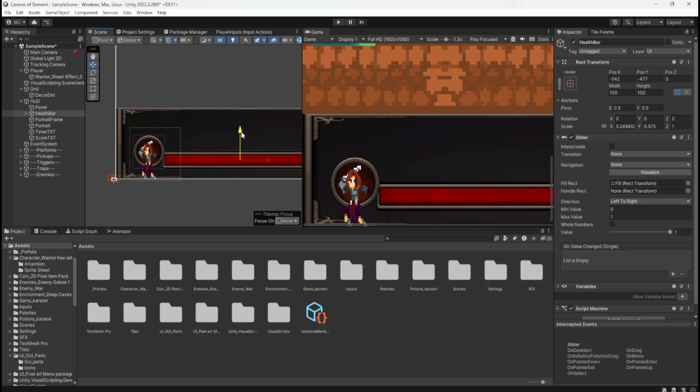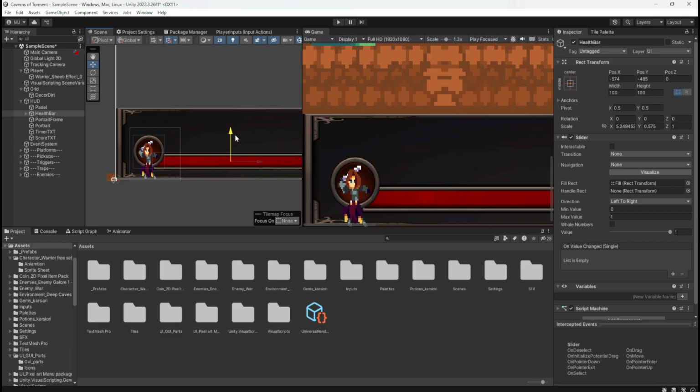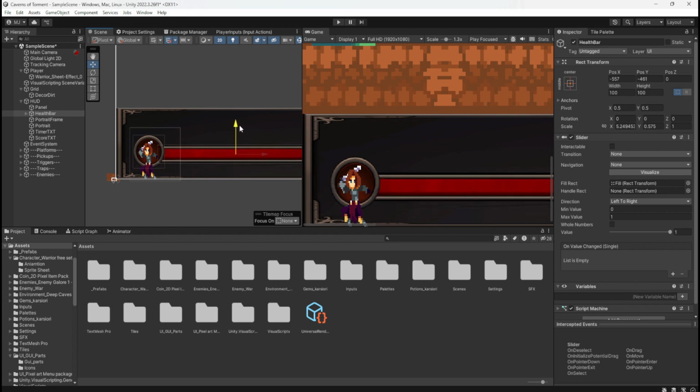I think what they tend to do, some games tend to do that with the health bar. It looks good, but it does cover up a bit of the actual bar itself, whereas I prefer something like that.